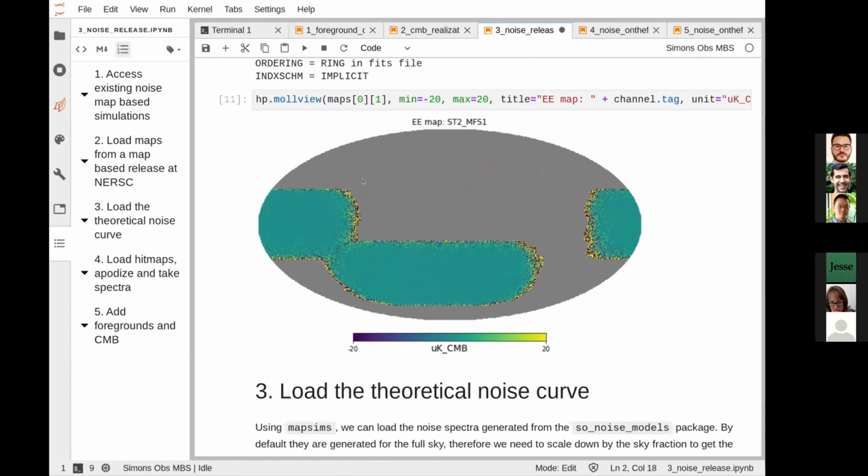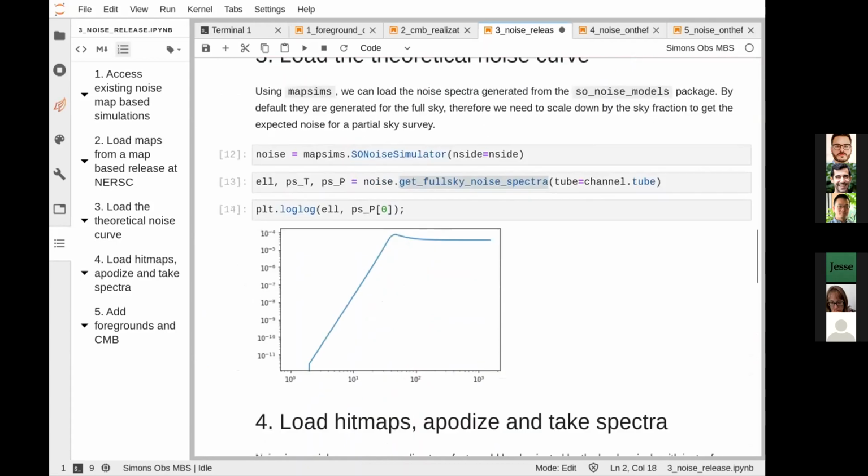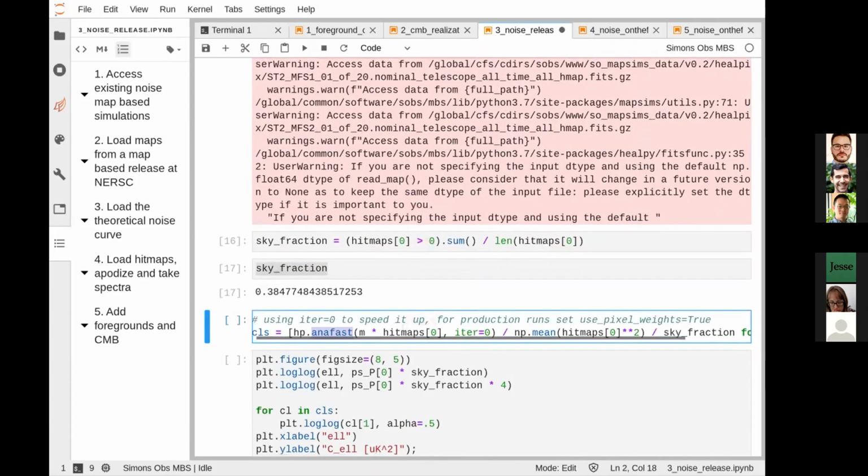So basically you are averaging what's in the signal with all the zeros everywhere in the map, okay? And so you have to divide by that sky fraction to have the real power in the map, okay? And so we do this